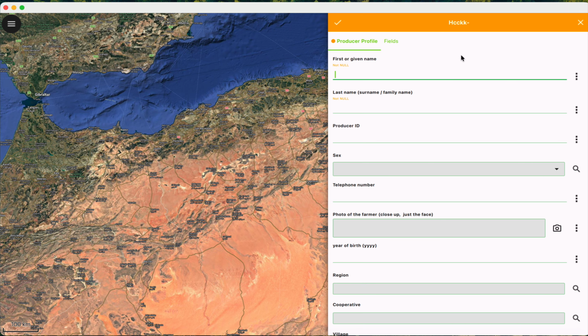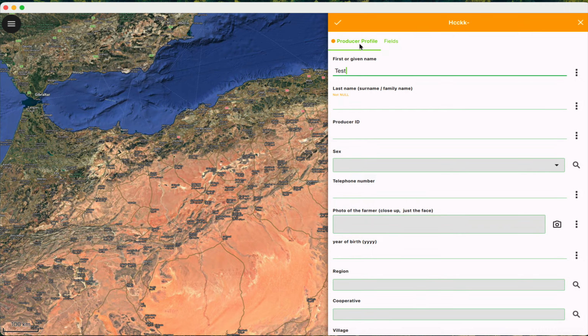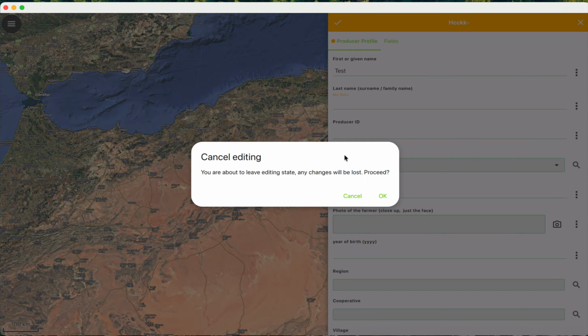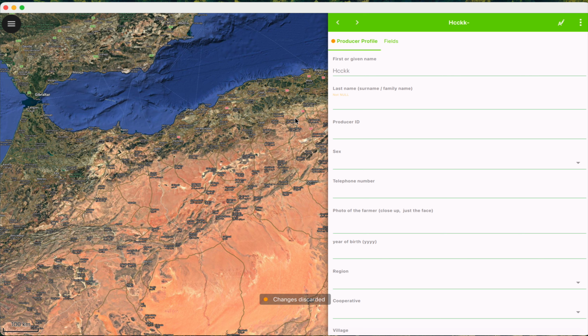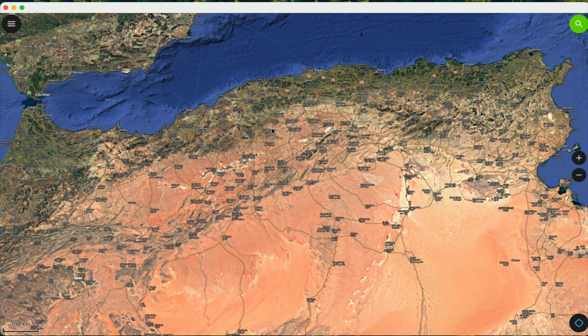When you want to save anything, you click the tick up here. If you don't want to save the changes, you can click on the little cross here and confirm that you don't want to save. To create a new producer, you can select the menu